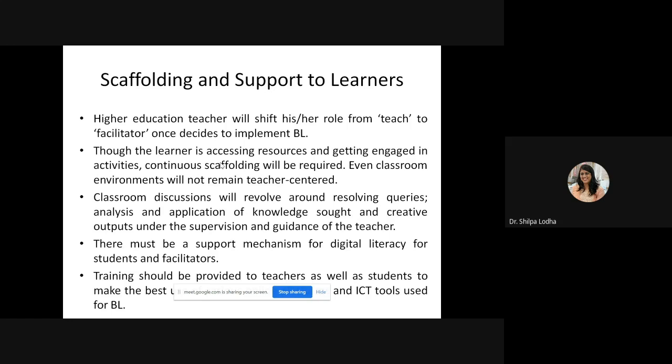So here the role of the teacher turns out to be a facilitator rather than a teacher. The teacher's role can be performed via lecturing or recording the lectures, but at the time of seeing that video, if some student has any problem, whether it is a conceptual problem or a technological problem, then the teacher should act as a facilitator.